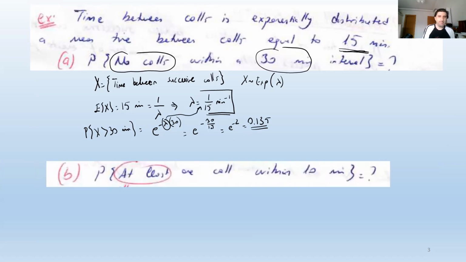Now, probability of at least one call within 10 minutes. Now, this "at least" is actually, you are going to realize that the additional word "at least" or "exactly one call" is going to make a difference. Now, an at least one call question can be easily answered using the probability that the time between two successive calls is smaller than 10 minutes. First of all, let's realize why this very simple condition corresponds to the at least condition. This says that the distance between two calls is less than 10 minutes.